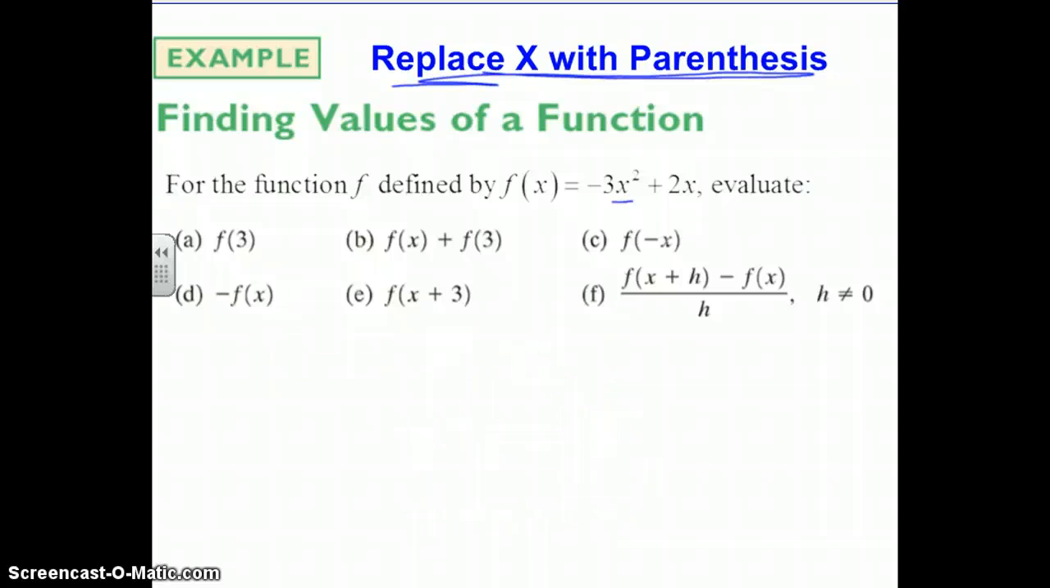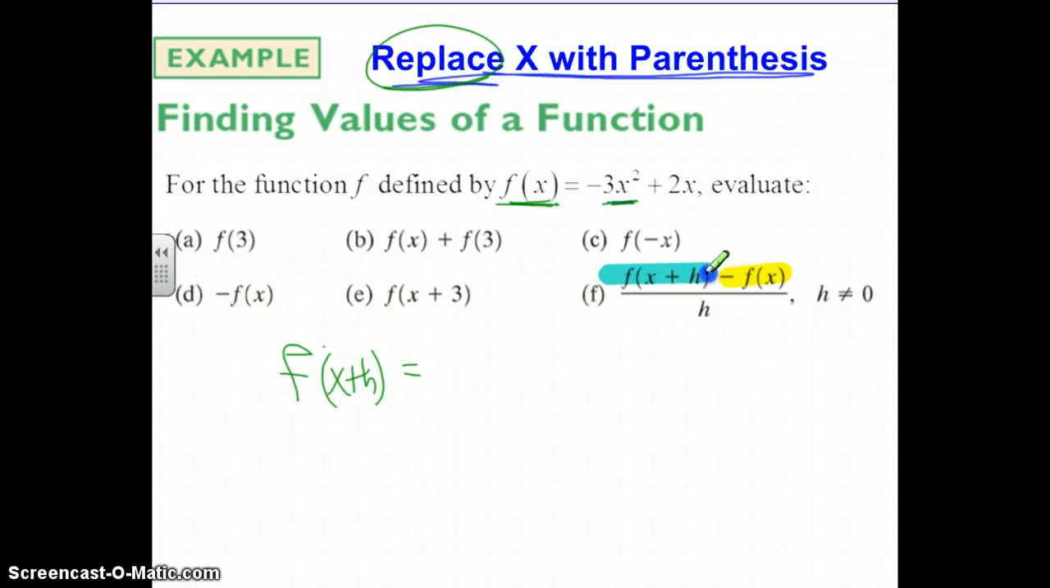For the last one, I'm going to follow the theme, replace x with parentheses. So instead of negative 3x squared, I'll have f of x plus h to be equal to, I'll deal with the negative f of x. Right now I just want to find out what this f of x plus h, which says replace x with parentheses. So negative 3 parentheses squared plus 2 times parentheses. So if I plug in this x plus h,